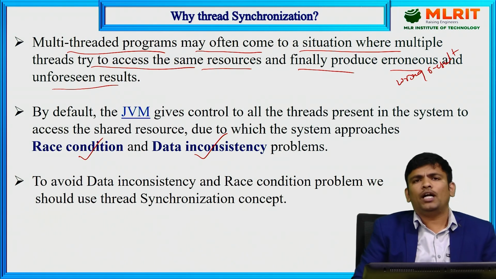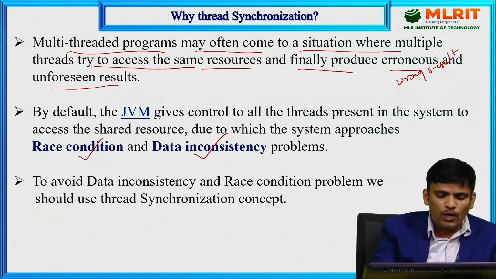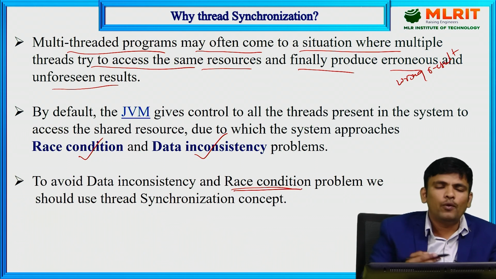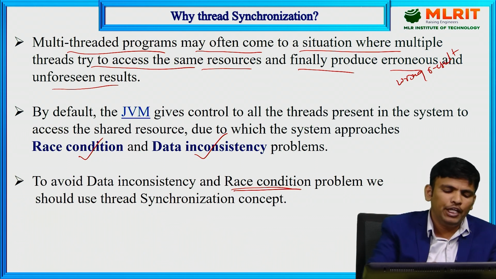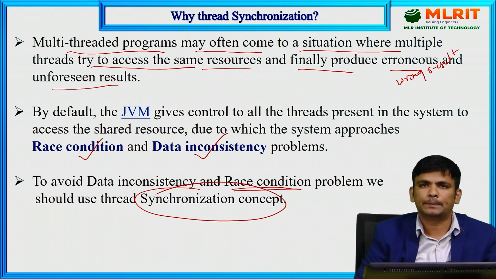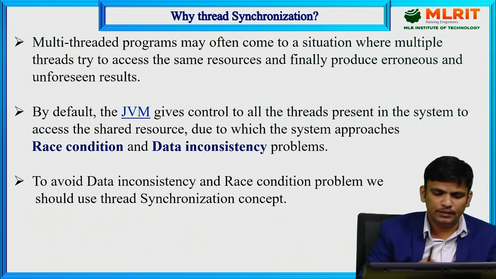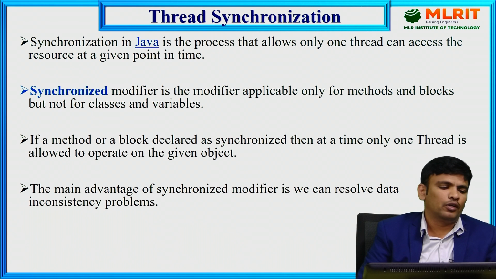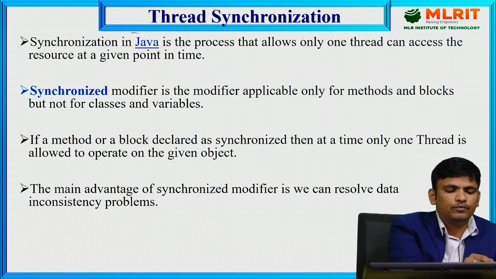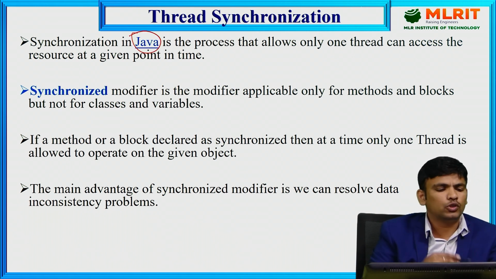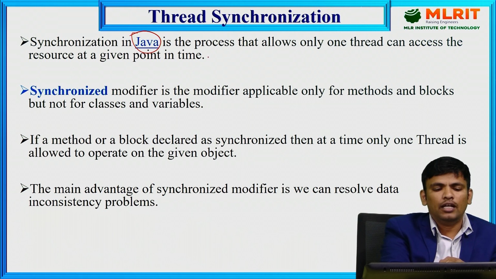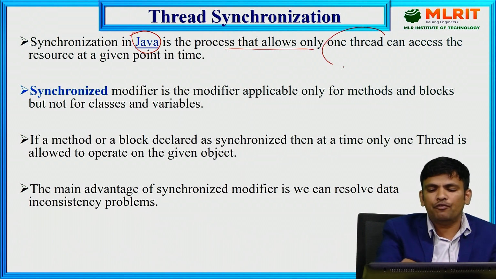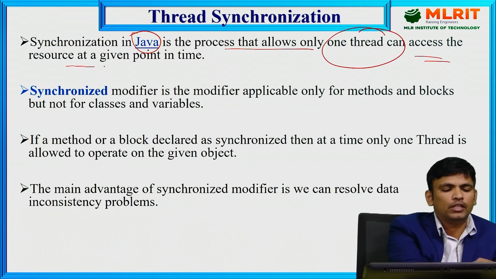To avoid this race condition and this data inconsistency, we need to use the synchronization concept. So that's the idea behind this. Now we'll see what thread synchronization is. Synchronization in Java, not only Java, anywhere, is the process that allows only one thread to access a resource at a given point